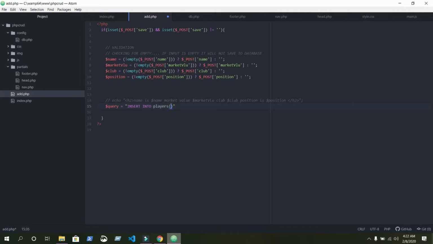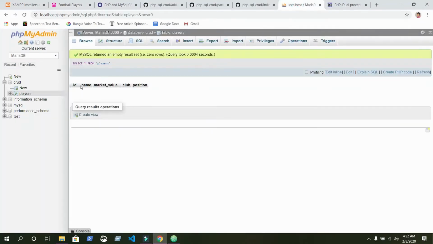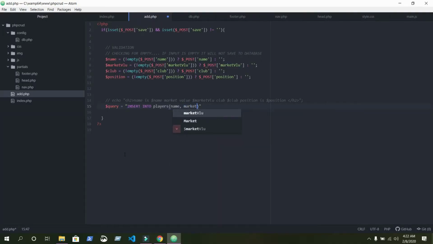First bracket, this will be name. Make sure the order is same as inside this MySQL query. The first one is name, market value, club, and position. And make sure the spelling is same. Name, market_value, club, position, and